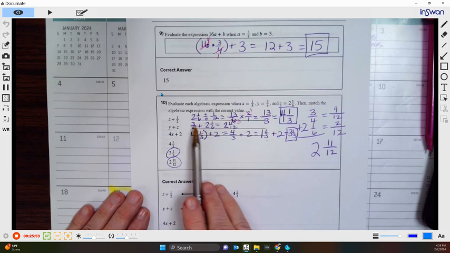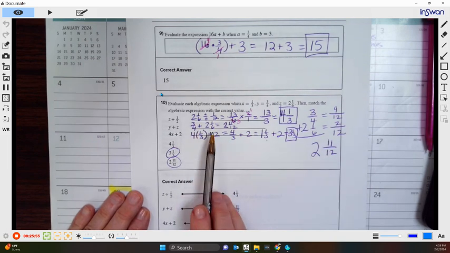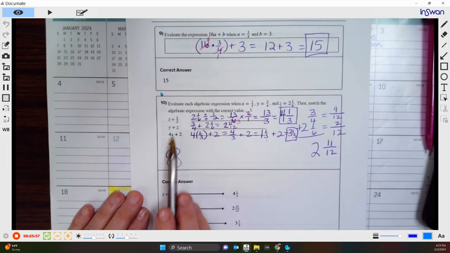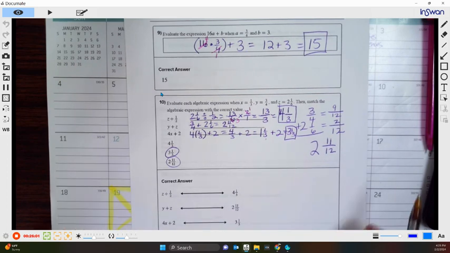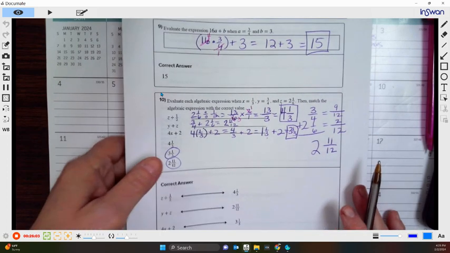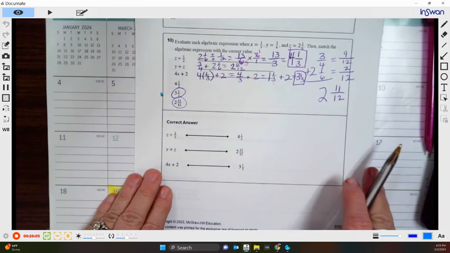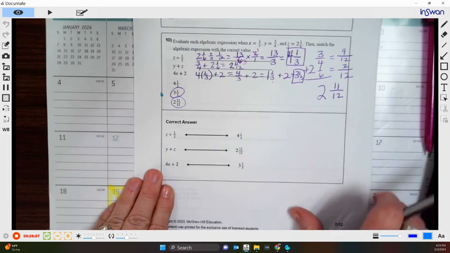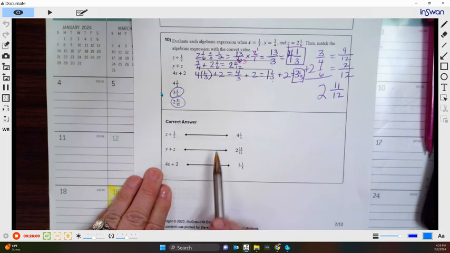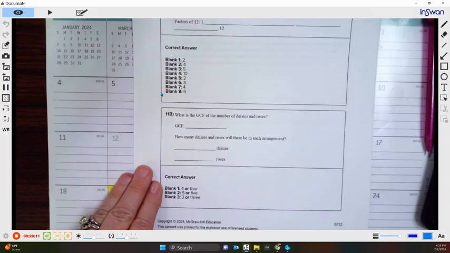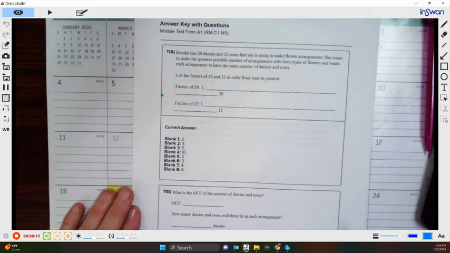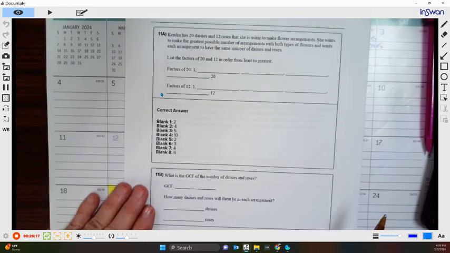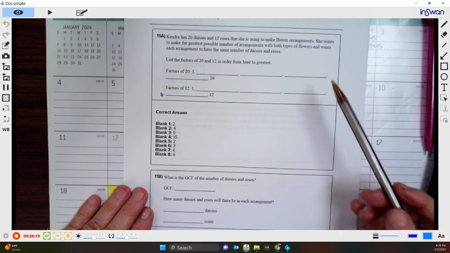When you show your work, you're going to plug in whatever values for your expression and use that to work them out. Here I worked out all 3 of them and I talked them out so you know what those are. And here's the correct answers that are listed below in order, but I showed you how to work them out so that you would know how to do your corrections. All right, on this one, I don't know why this was so confusing, making the flower arrangements,